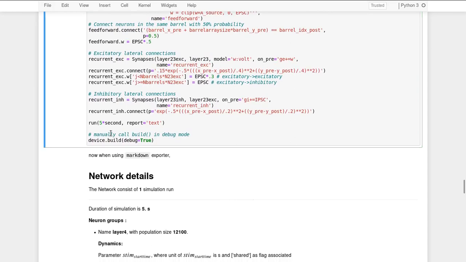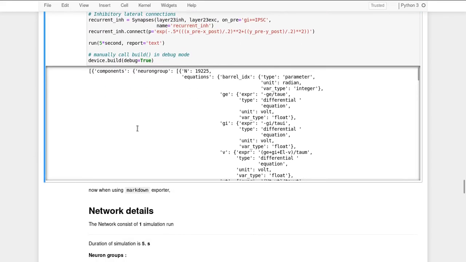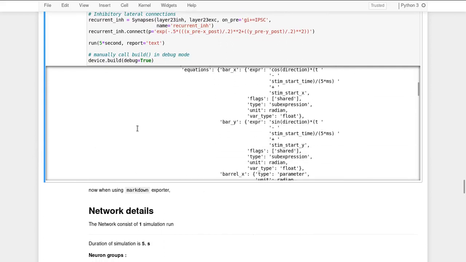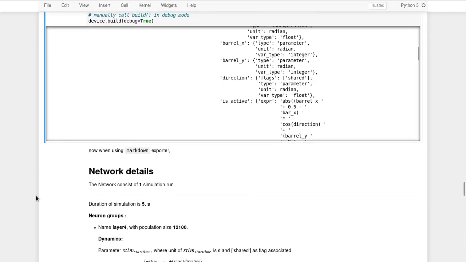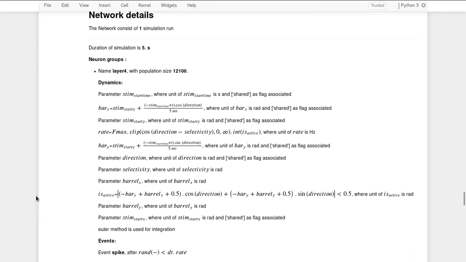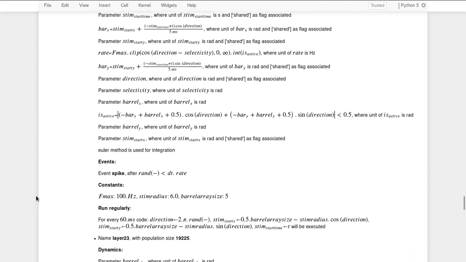So we have this detailed model information. Again, it has a lot of information about the model. Now running the same in the Markdown export mode, we have a more readable form of model description information. So this is how the Markdown export is used.